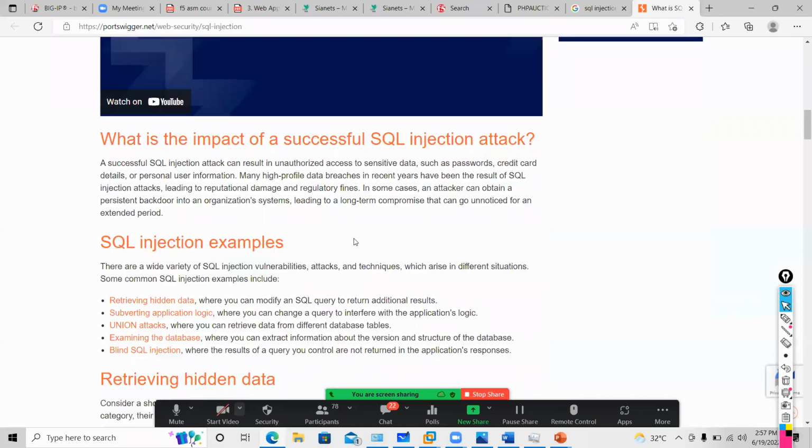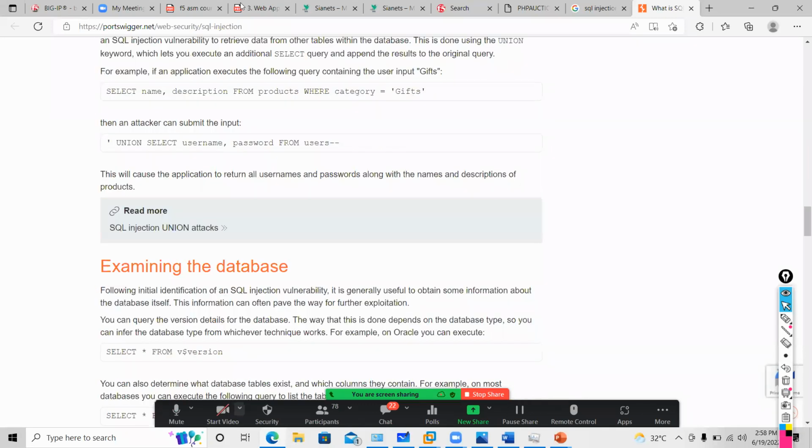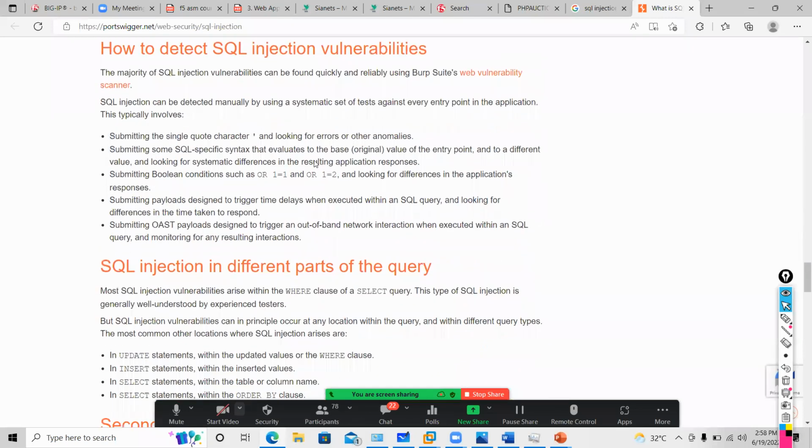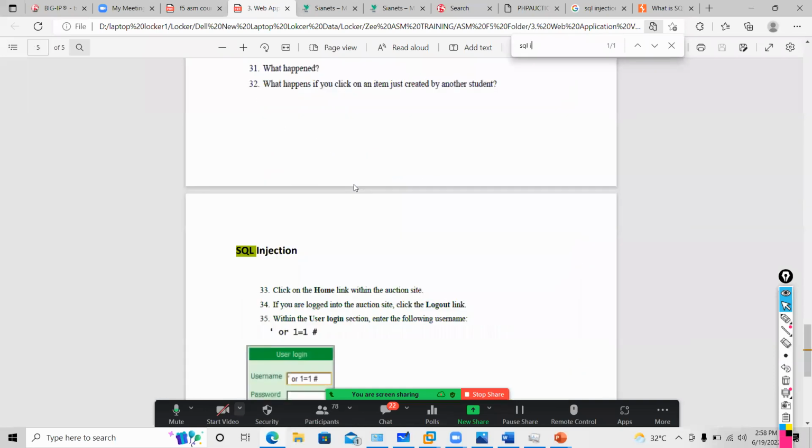Let's say I have a vulnerability. I will enter this SQL injection string in my website: colon or 1 equal to 1. Let me enter this in my website and you will see what happens.